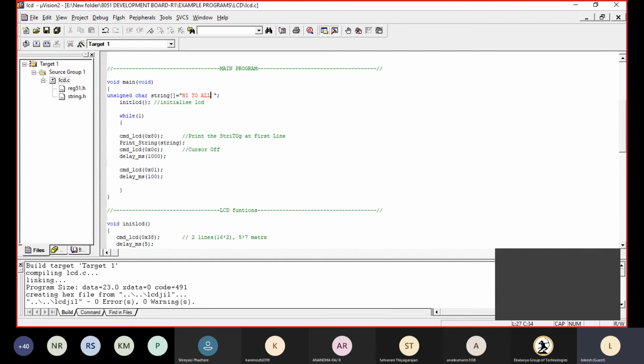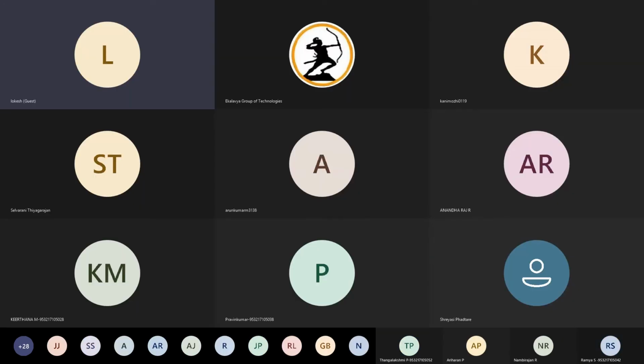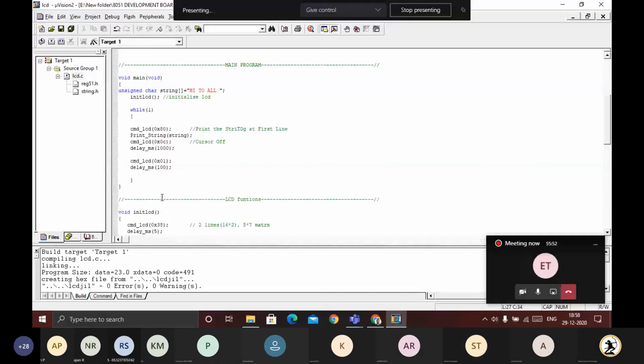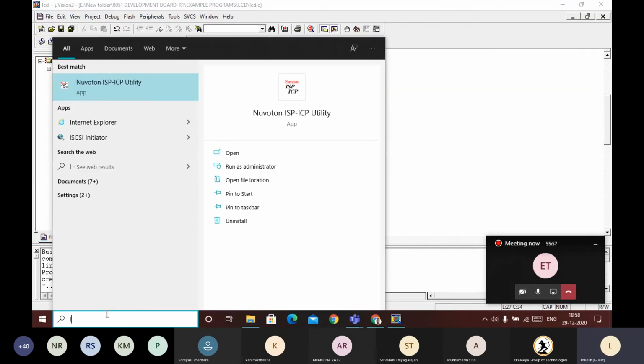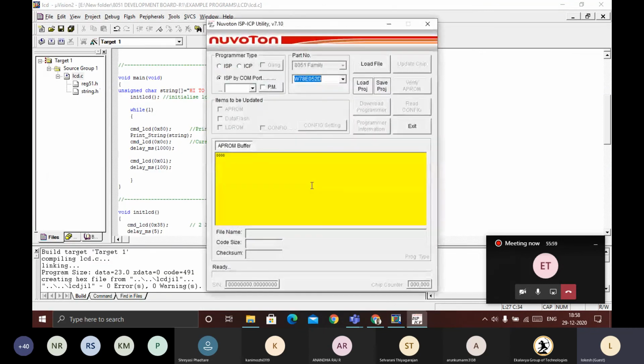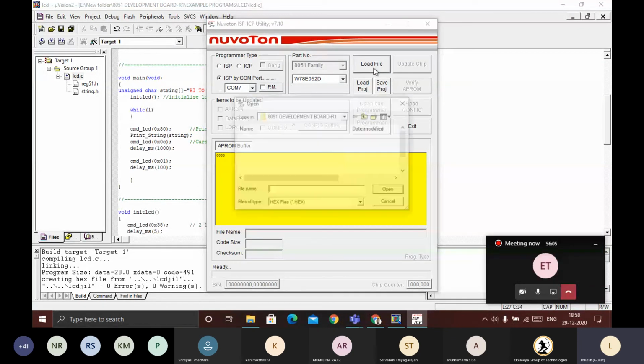Next, after compiling, load the program. The program is going to be loaded by using the ISP utility. Check for the COM port, load the file.